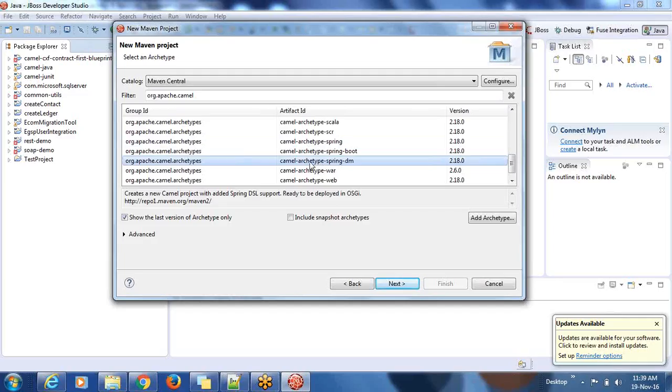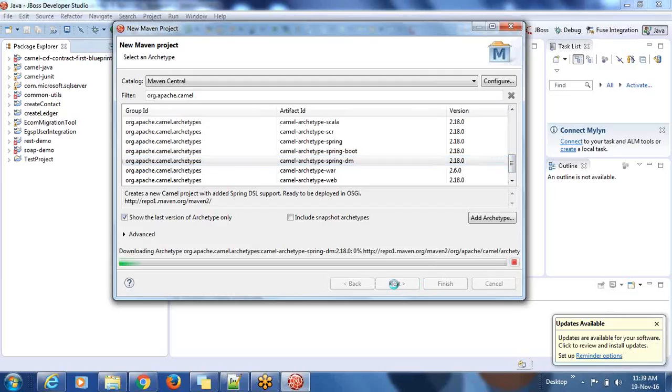So for normal work, if you are going to write in Spring, then you choose the Camel archetype Spring DM that can be deployed in Spring DSL. And if you want to use Groovy, you will choose the Groovy one. If you want to use Java, you will choose Java. If you want Blueprint, you will choose Blueprint. Based on this, then